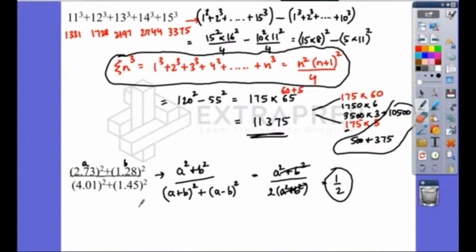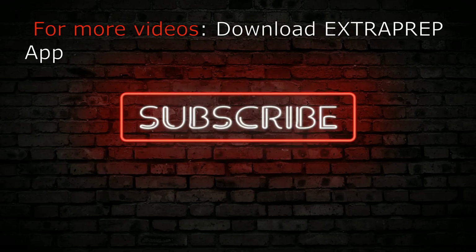The question is planned in such a way, because if this is not 1.28 and if it's 1.29, even I can't do it in 1 minute. If I can't solve it in 1 minute, I'm not going to ask you to solve it in 1 minute. So when such a question is given, there'll definitely be a logic to it, and that's what we'll have to find out. If you take the terms in the numerator to be a and b, you'll have to find a plus b and a minus b. If they match, it's okay. Else, you'll have to take the terms in the denominator to be a and b, and find a plus b and a minus b, and they'll definitely match, because this is the logic for these questions. These kinds of questions have only one logic, and the answer to this question is 1 by 2. Clear? We'll continue in part 2.